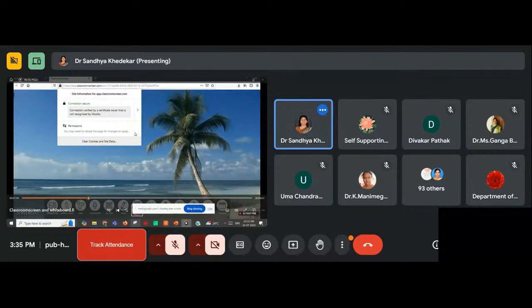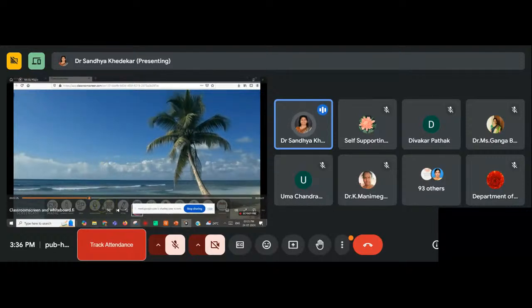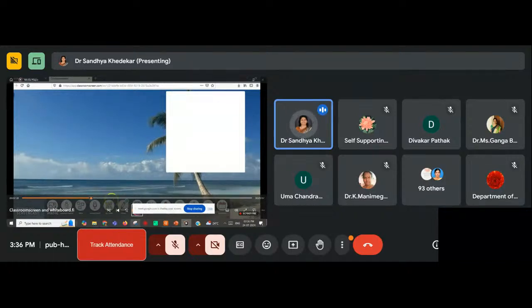Okay. So next is draw. Before that, a QR code is there. I will tell you that later. In the text box, you can type anything. You can choose any pen. You can choose the color, and you can type or write anything you want. Suppose I want to say hi to my students, or I want to draw some diagram. I can do that with the help of these tools.